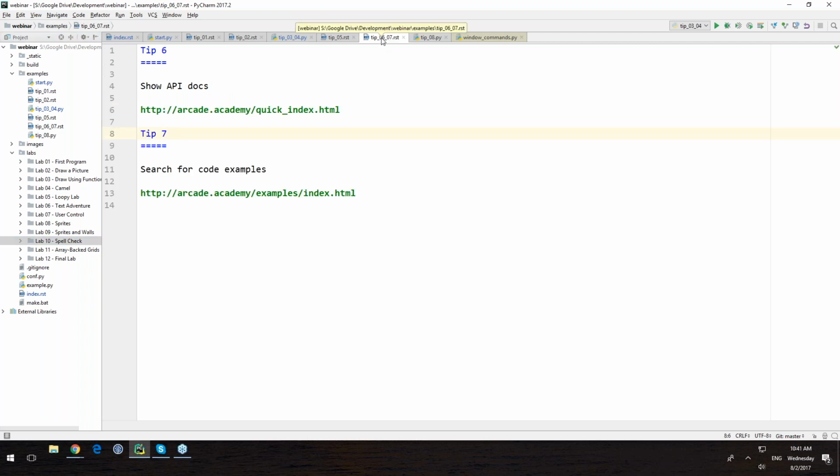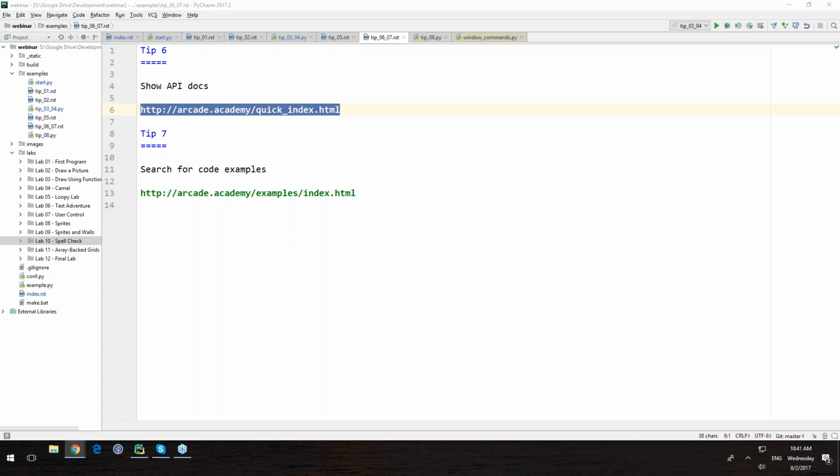So basically, the other 2 tips that I've got that I think really help students learn is showing the API docs to students. I don't know why, but I think a lot of learning materials don't show API docs to students and give them that practice in learning to look up commands in the documentation.